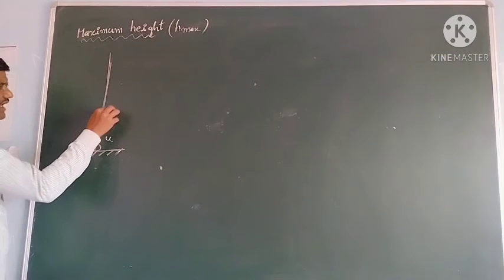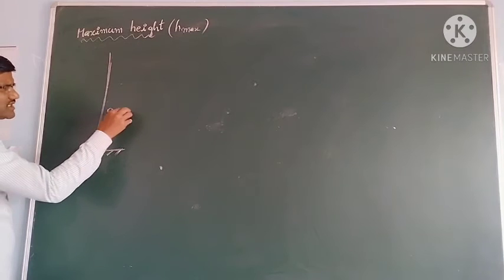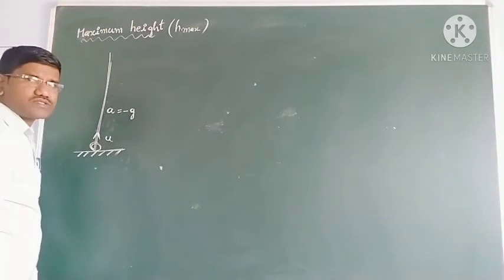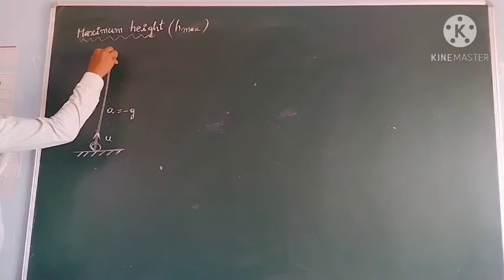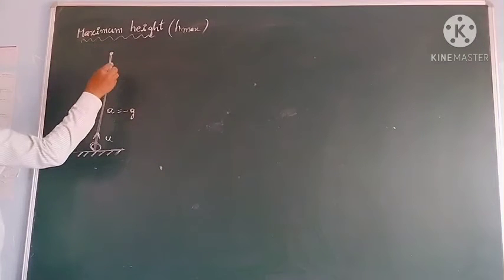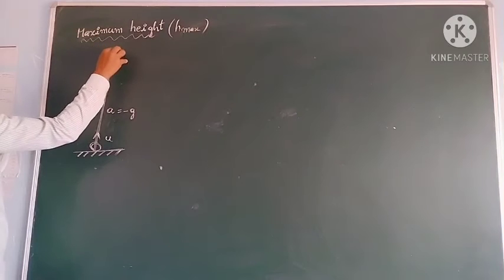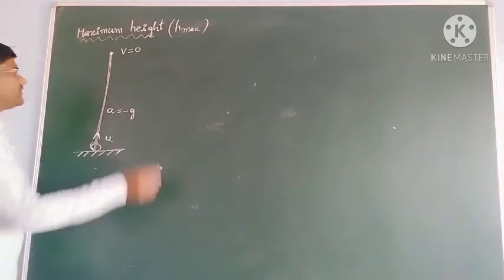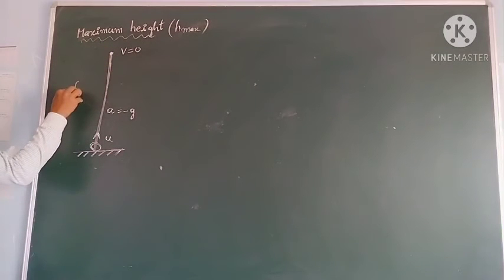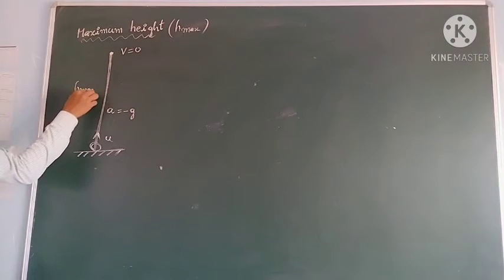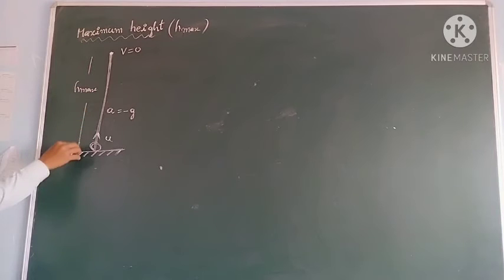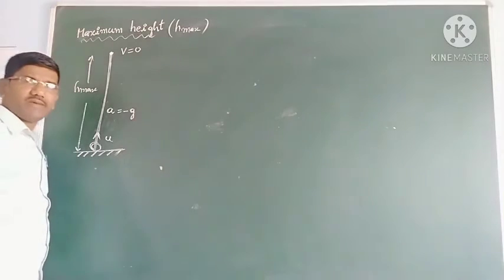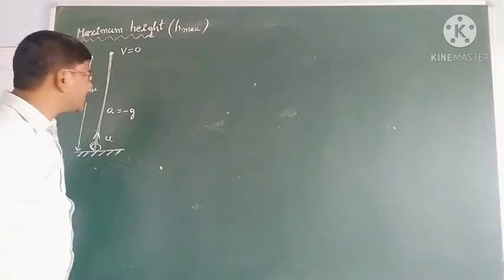And we know that as it is going up, its speed is decreasing, so it is said to have negative acceleration, you know that. Okay students, so negative acceleration it is having, and this is the point. Consider that at this point the final velocity becomes 0. Then the height reached is called the maximum height. That maximum height I want to get now. What's the formula for the maximum height attained?